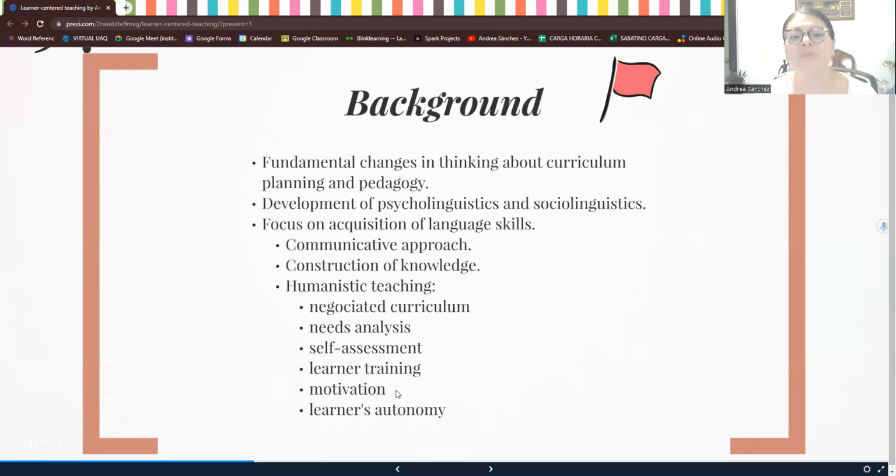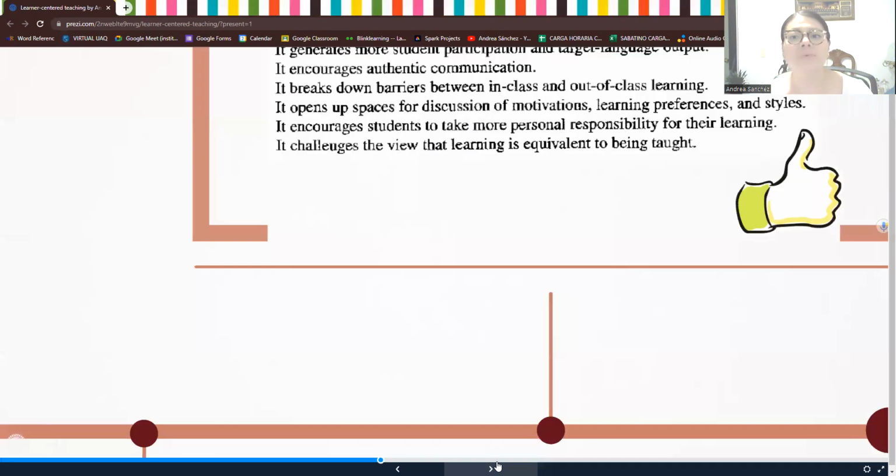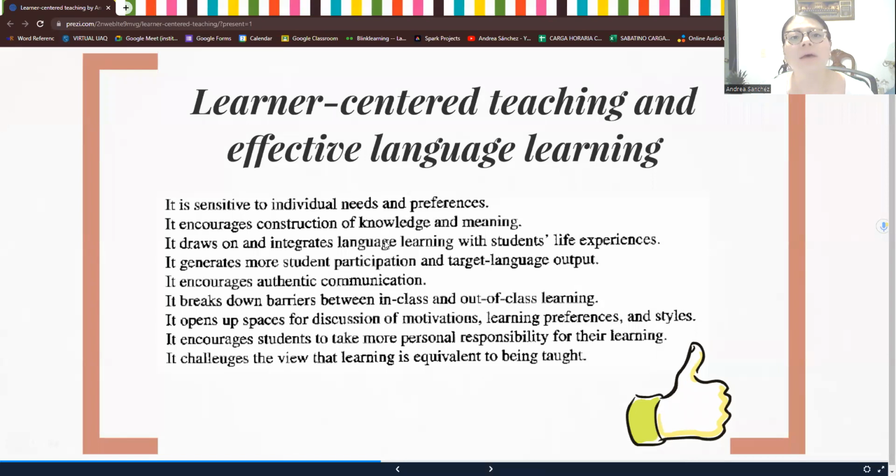Motivation is a topic that we have already mentioned, as well as learners' autonomy, okay? That is in the 70s. Now, in the 80s, we have the development of what is called learner-centered teaching, as well as other different learning strategies. But this was just a proposal in education to start having some changes. Notice, this was first proposed and developed in the 80s, and it started to be implemented in the 90s.